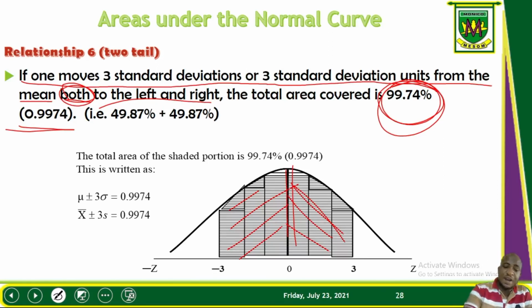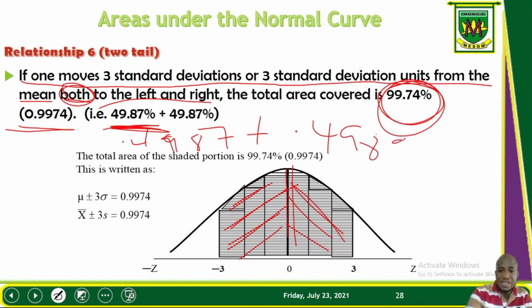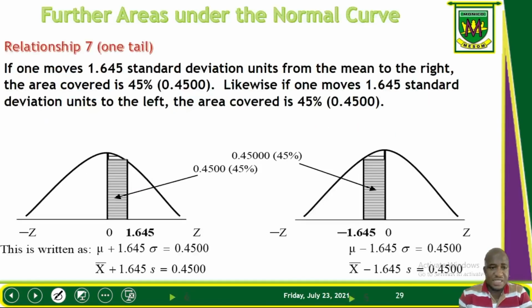So I said, since we have already seen one side on the table, which is when we convert this to a decimal, 0.4987, you add it to itself, another 0.4987, and this will give us the value here. You can check and confirm if it is the same thing. So that's how we got the 6th relationship, two-tailed 3 standard deviation units. Okay, now let's go to the 7th relationship. The 7th relationship, still on the areas under